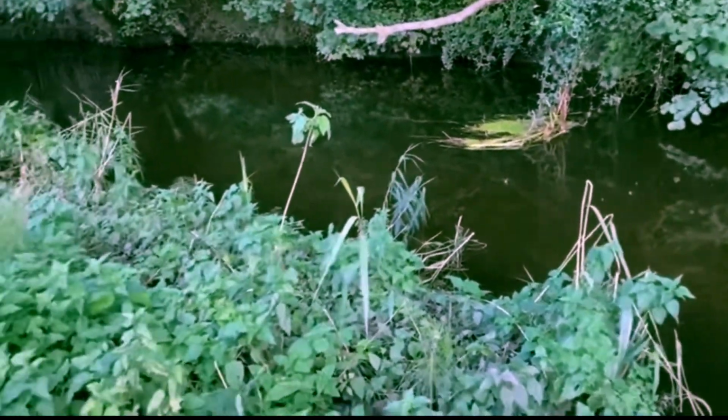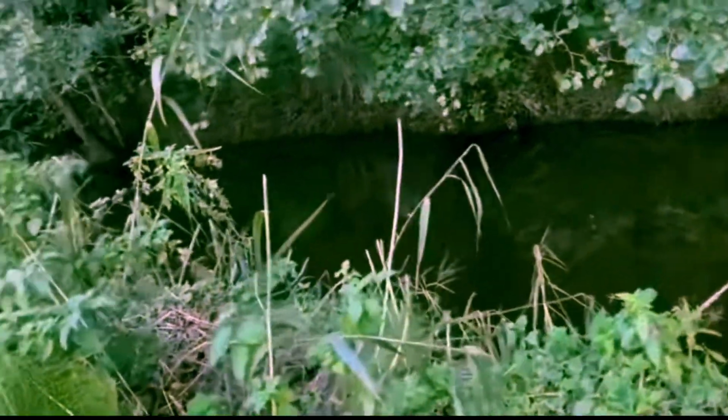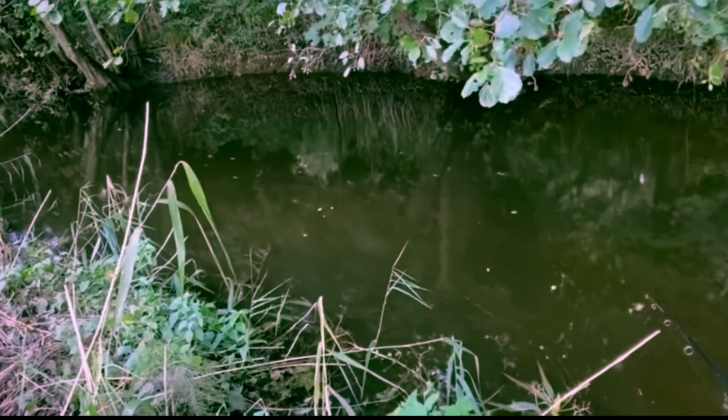All looks fairly nice, but all we can do. Try and stand my feet. All we can do is have a few casts, let it drift round. So what I'm doing is chucking in some bread, letting it trickle down stream,